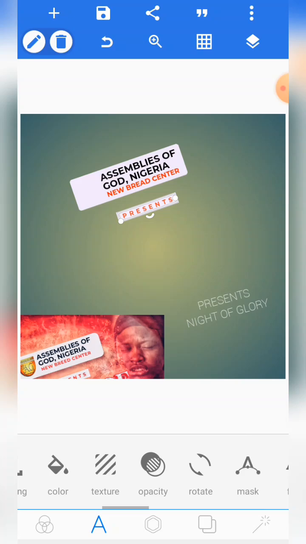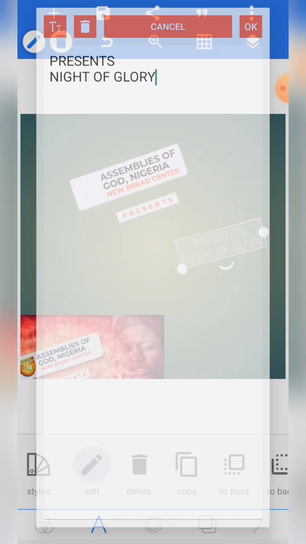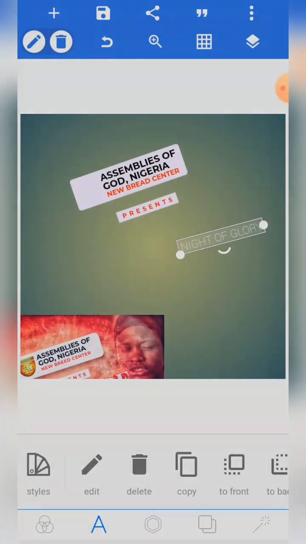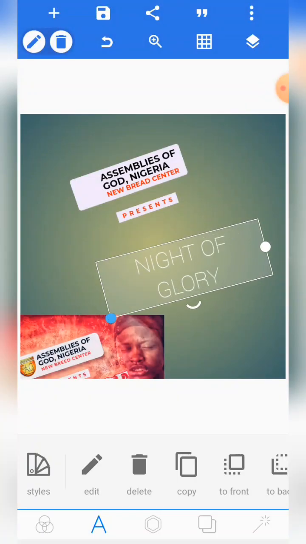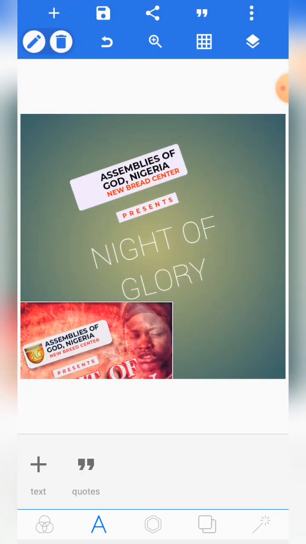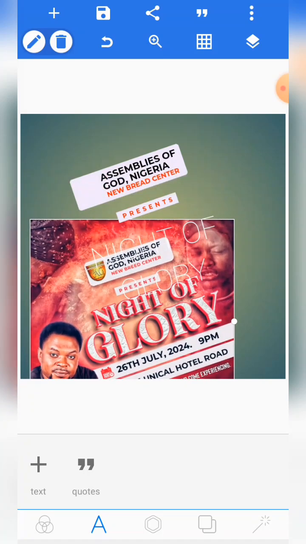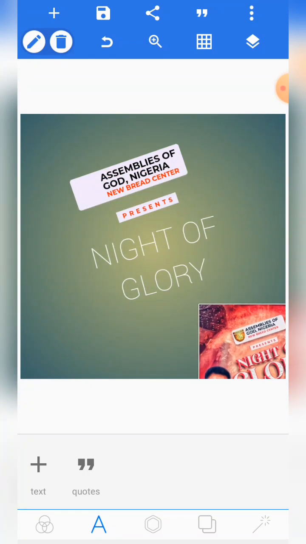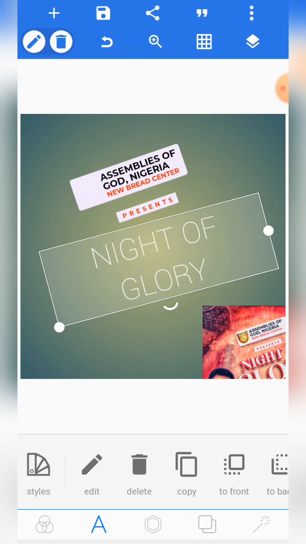Then after that, now this Night of Glory has a kind of text effect, but I separated them, the Night of from the Glory. If you see it here, you see that the Night of is smaller than the Glory. So let me just reduce it here. So before I separate them, I have to